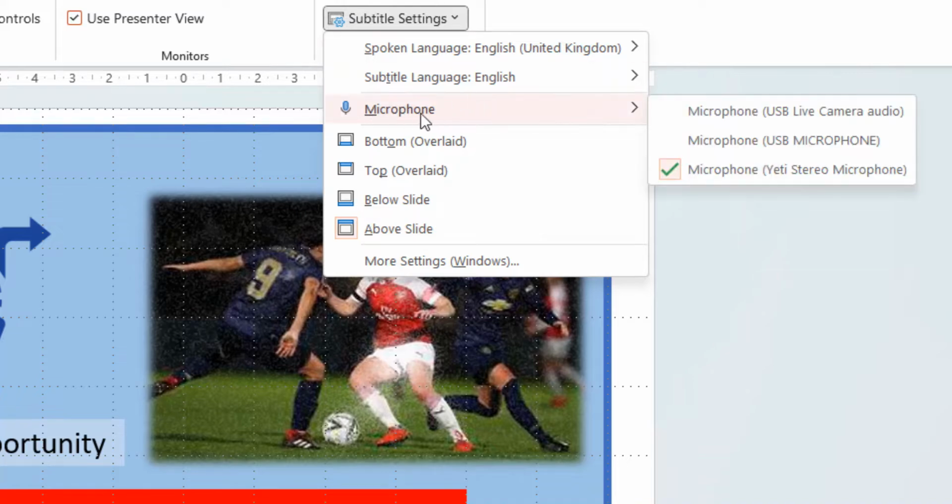Similarly, you have here microphone. You can indicate which type of microphone you want to use. Now, for this to work in your classroom, obviously you need to have a microphone. So just looking at this here, this is my microphone. Here's Yeti. I'm in my home office, but I'm fortunate enough to have a webcam in my classroom, and